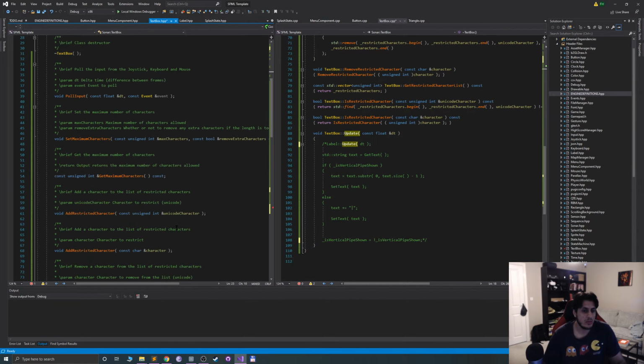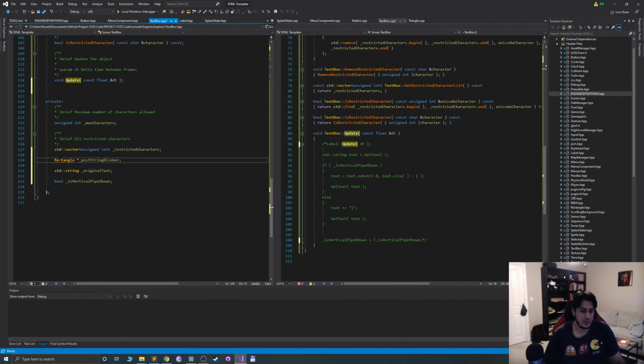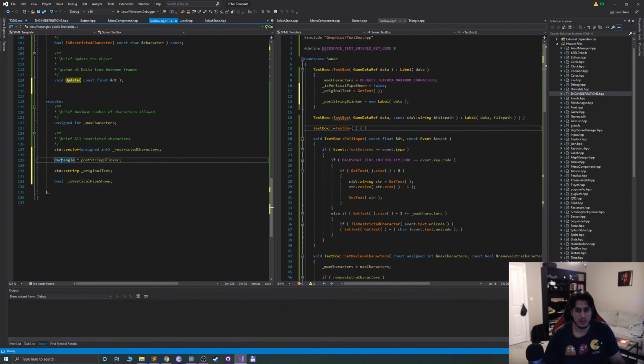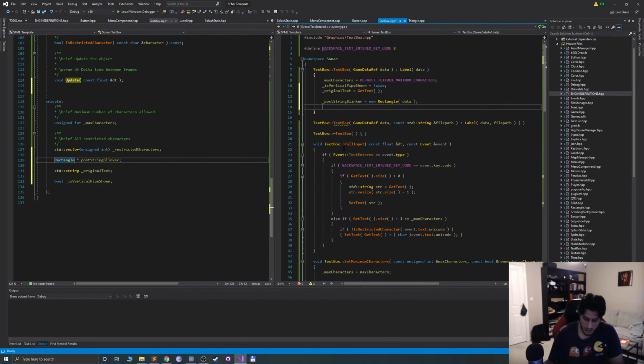Okay, that's the rectangle. The error will now disappear. This should be now rectangle. Rectangle. Let's just put, say, underscore post string blinker dot set size